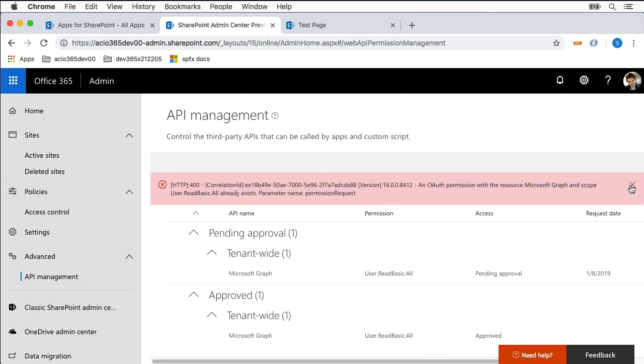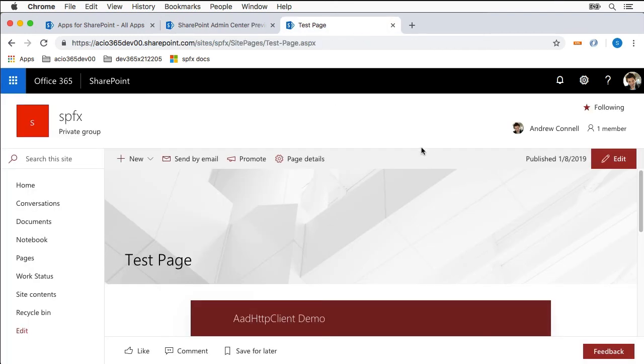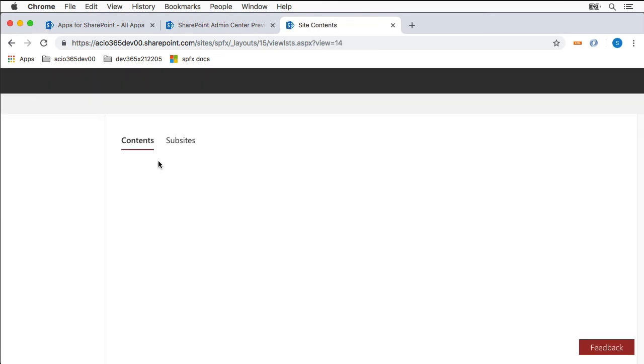So even though you get this error, if I refresh the page here, you can leave it sitting here because I've already got this permission. It doesn't know that this permission goes with one SharePoint Framework component and this one goes with a different one. There is no differentiation on permissions with what you're doing. So now if I come back over here to the page and go to the site contents and go install this Graph Client app,